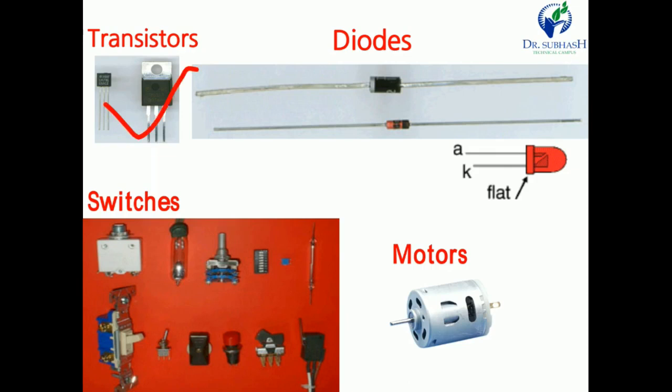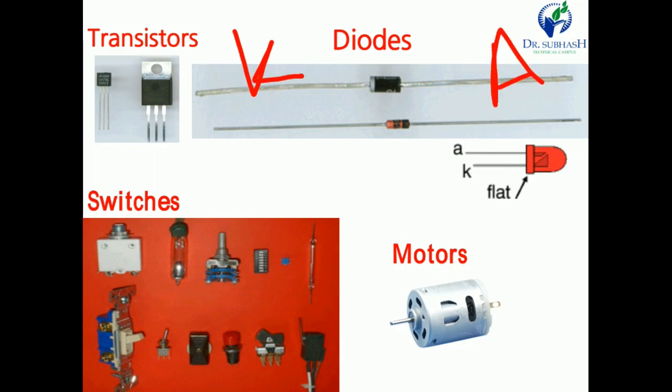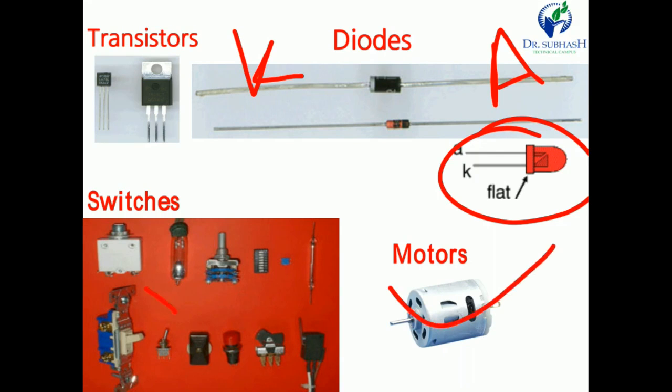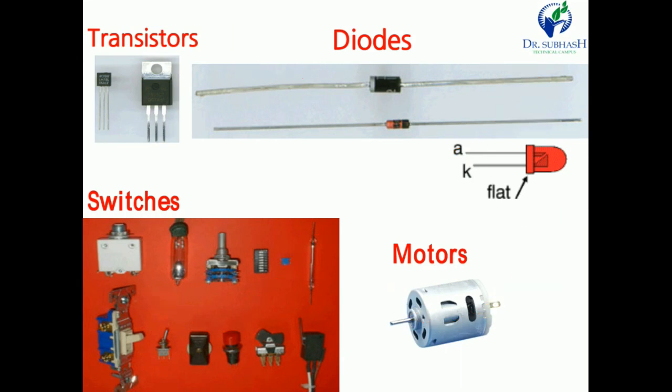This one is about transistor. These are all diodes. This one is a PN junction diode and this is the Zener diode. In the PN junction diode, this white strip indicates the cathode, and the other end is the anode. So you can directly identify the anode and cathode using the device. This is the LED. In LED, anode and cathode are there. This is the motor, and these are different types of switch that we discussed in the previous slide. Limit switch or on-off switch or push button switch. This is for protection.